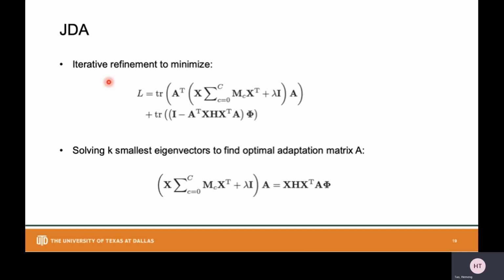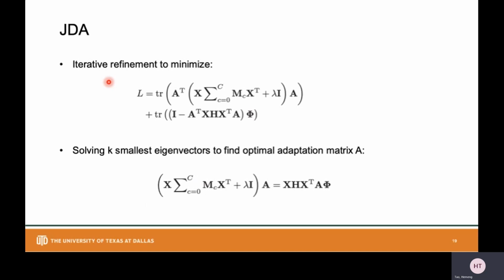According to constrained optimization theory, the objective function is denoted with the Lagrange multiplier. By setting the partial derivative with respect to A to 0, we can obtain the generalized eigendecomposition equation. So finding the optimal adaptation matrix A is to solve this equation for the k smallest eigenvectors.